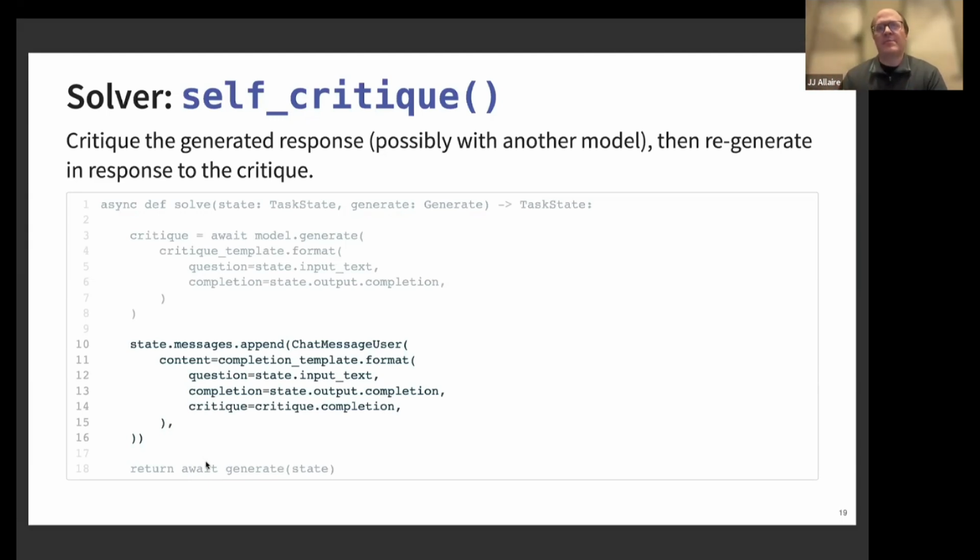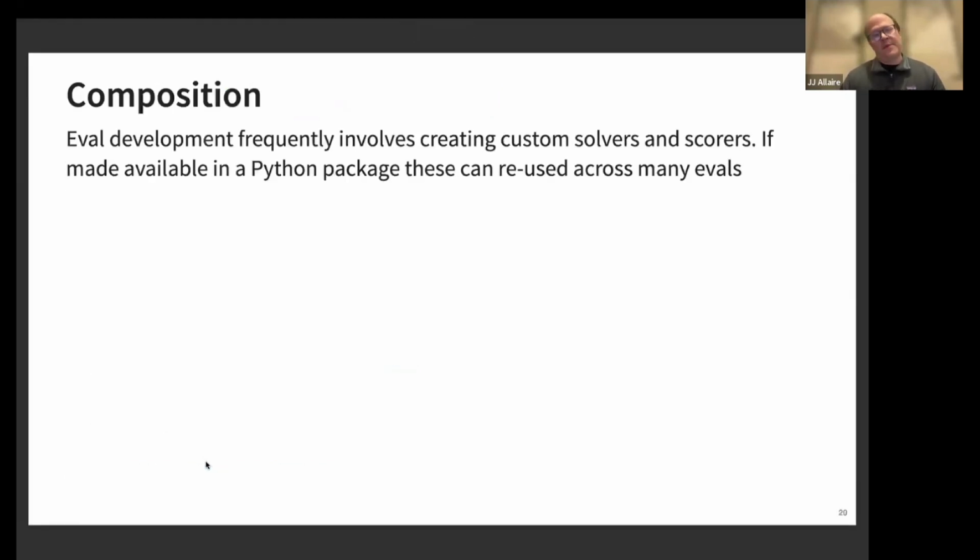So there's a Git repo that I'll share a link to at the end so people can figure out how we did all this. Okay, so that's the self-critique solver. And then there's generate. We already talked through that. Okay. So one of the things to think about is